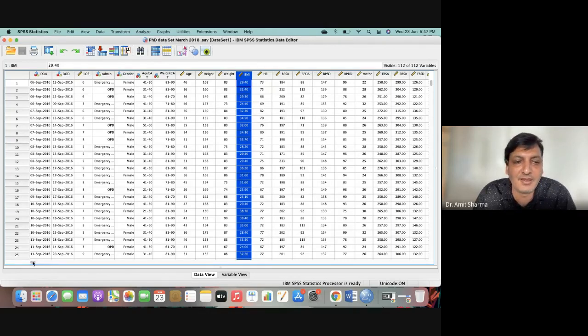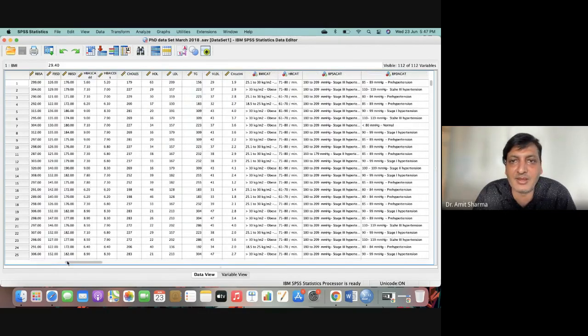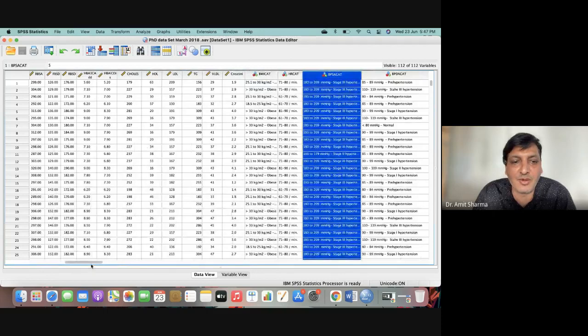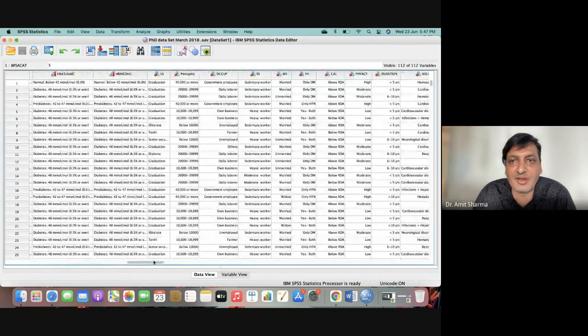For example, I have made a category of BMI, and there are more than 4 categories. And for any other variable, for example family history of the patient, there are 4 categories: yes, no, only hypertension, only diabetes. So I can apply the ANOVA with this also.